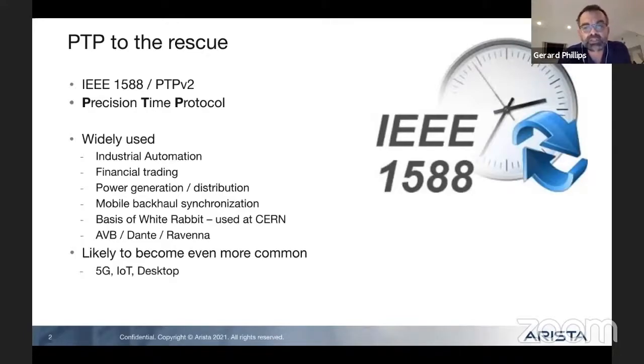5G requires an awful lot of synchronization at the base stations to interleave the frequencies and make your mobile phones work. Tons and tons of IoT will be everywhere using PTP to synchronize stuff. And believe it or not, there's a massive push for PTP to be available on the desktop. Now, what for, I have absolutely no idea, but in the next few years, we'll all have PTP available to our desktop. How accurate will that be? I don't know. What profile will it use? I don't know. My point is there's going to be tons of this stuff, and there already is tons of this stuff.